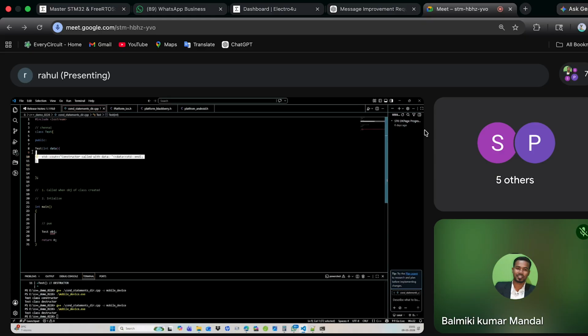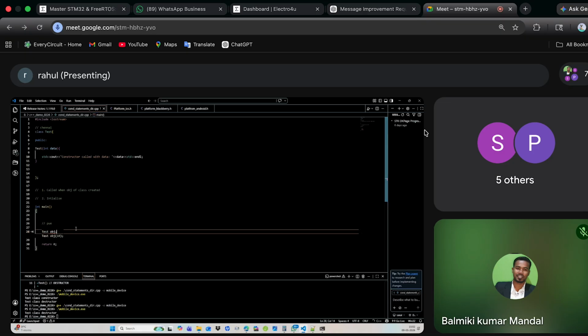Okay, so now I have a parameterized constructor here. I'm having only one parameter, and I have a cout to print the data here. Now I am creating an object with the class name and giving the object as obj. Now I am going to run it.